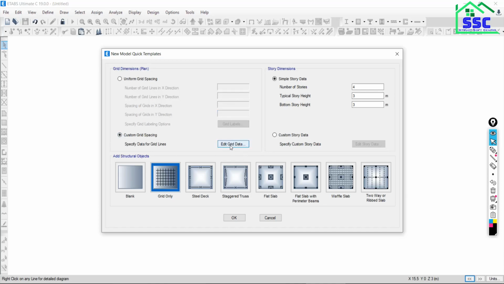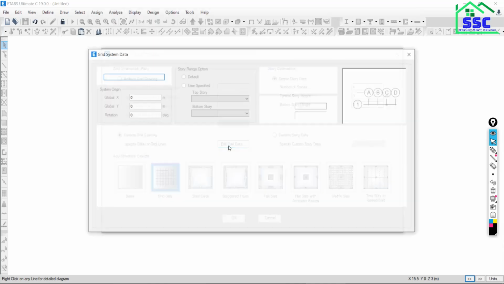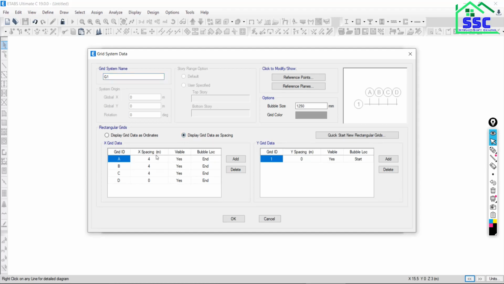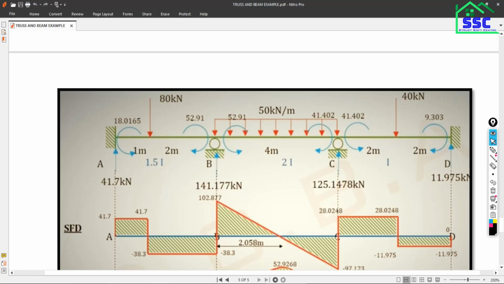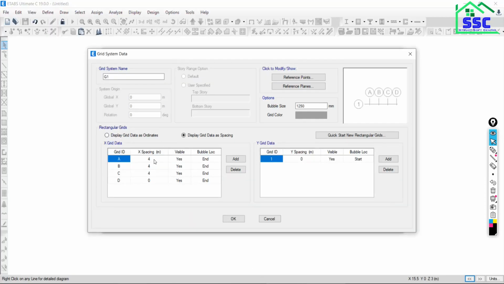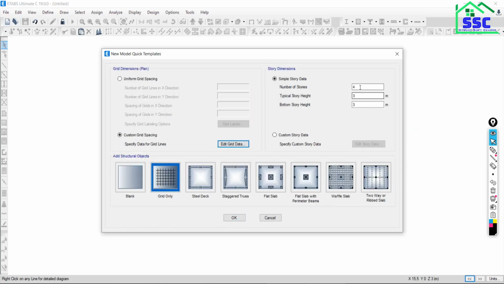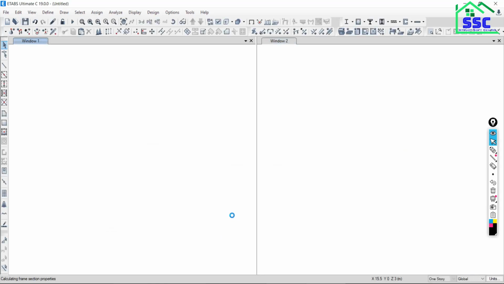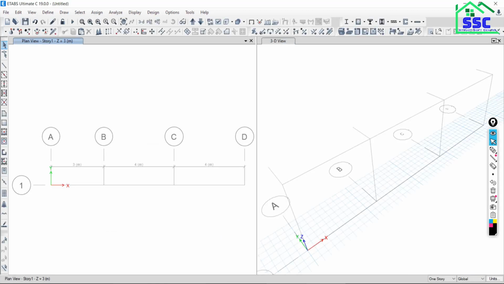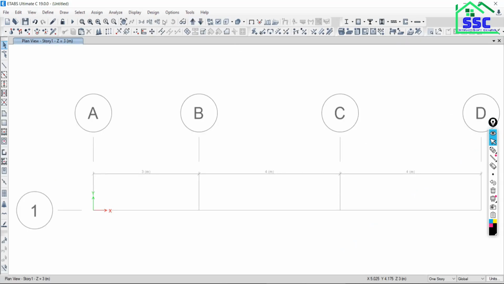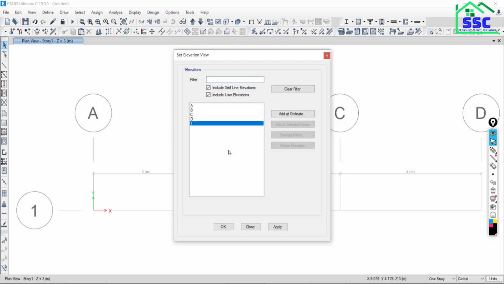Custom grid, go to custom, say grid data, go with the second option. First is at a distance of 3 meter, 1 plus 2 is 3, just put 3. Then 4, 4. Let me choose some dark color, say okay. So number of grids I want only 1. Spacing, let it be 3, 3. Say okay. Just close this, go to elevation along the grid first, say apply.